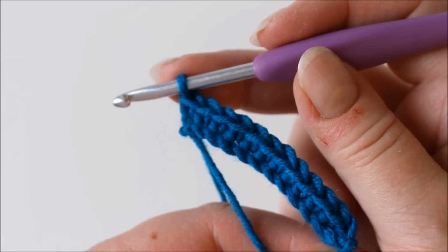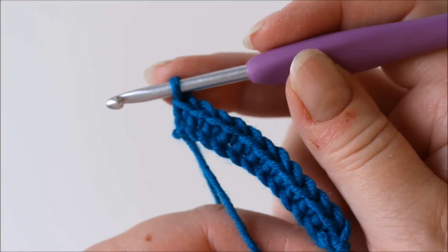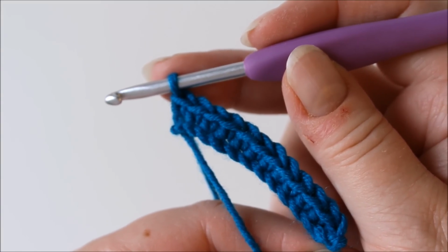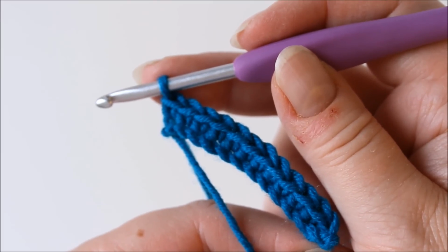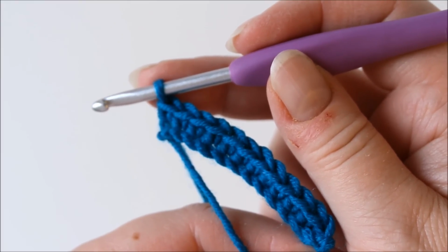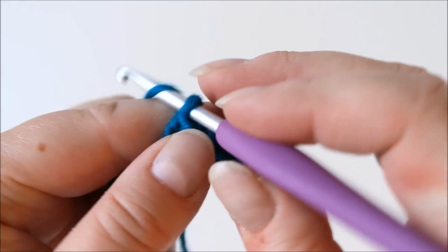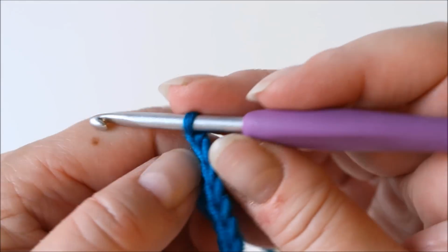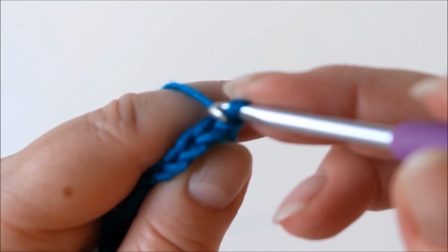I now have 12 single crochets on this row, and you should have one less than the number of chains you started with. Keep that number in mind. In the beginning of the work, it's worth counting the stitches on each row to make sure that the ribbing stays the same width. Then chain 1 and turn,